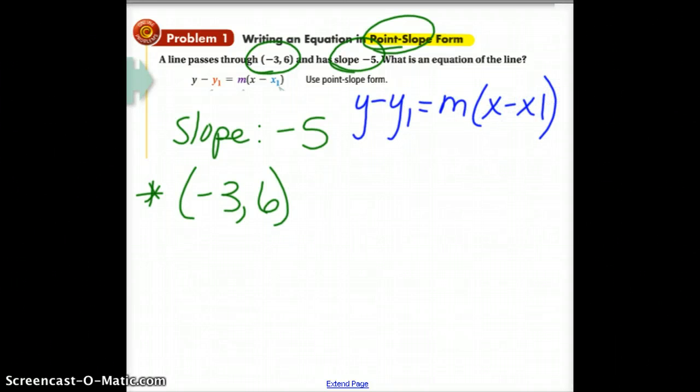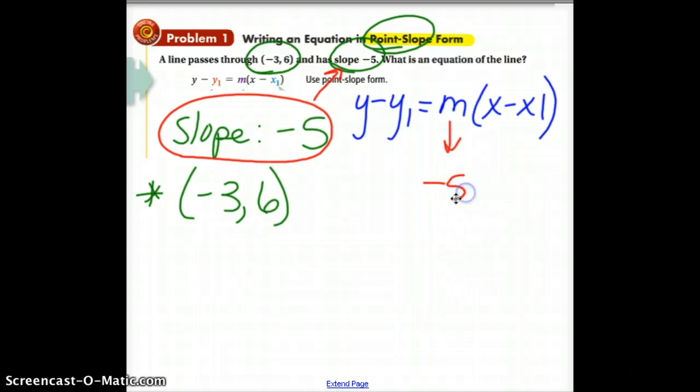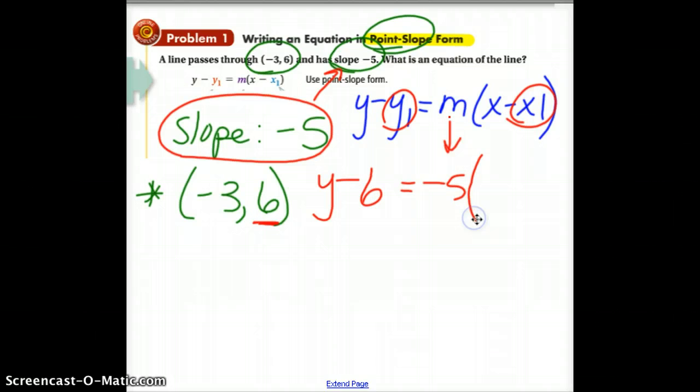We're going to fill this in with the stuff we know. I know my slope because they told us right in the problem. The slope is -5. All right, the y stays in the equation. The only ones we fill in are the ones labeled with a 1. So we're going to subtract whatever y is. In this case, 6. Then m times, we have our m because we have our slope, x minus whatever x